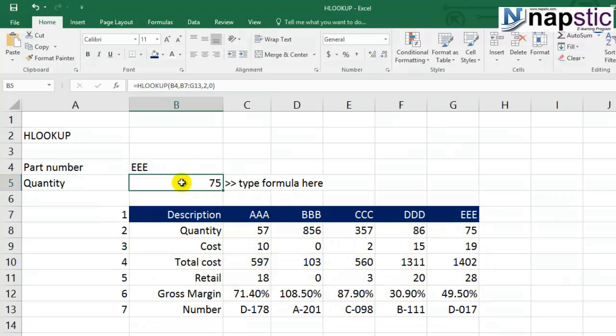As soon as you do that, you will see that the quantity is right here in front of you. So this is how you can use the HLOOKUP when you want to deal with information that is given in the horizontal order and you want to find out data from that table. You want to extract a piece of information or you want to hunt a specific data set. That can be very easily done using